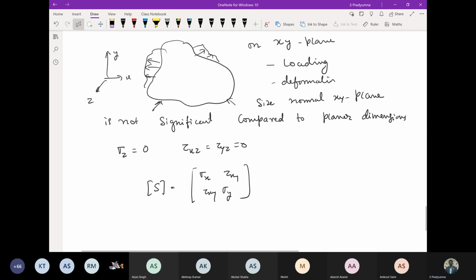Yes. So in the diagram, the z-axis points outwards from the plane, the normal outward of the plane. In the z direction, the thickness is small compared to the in-plane dimensions. For example, consider a sheet of paper like this, to which you are applying some kind of load in this direction. The thickness of this sheet is very small compared with the length and breadth of the sheet.